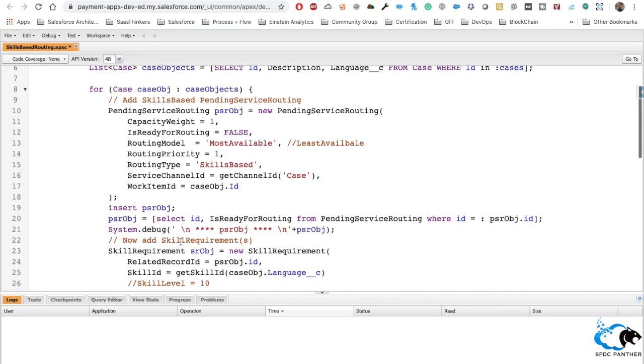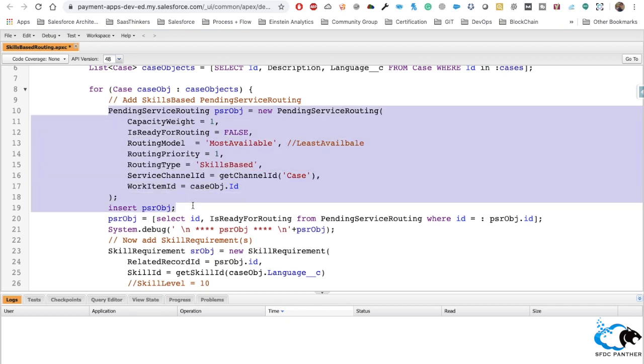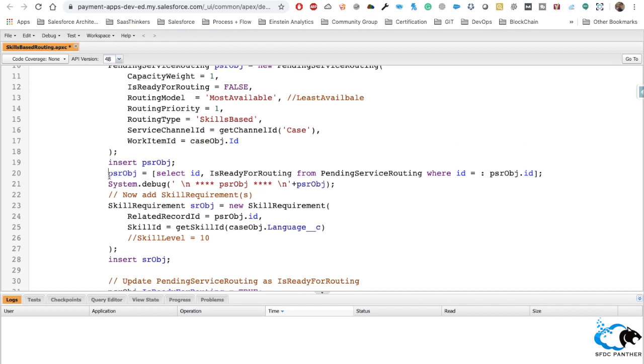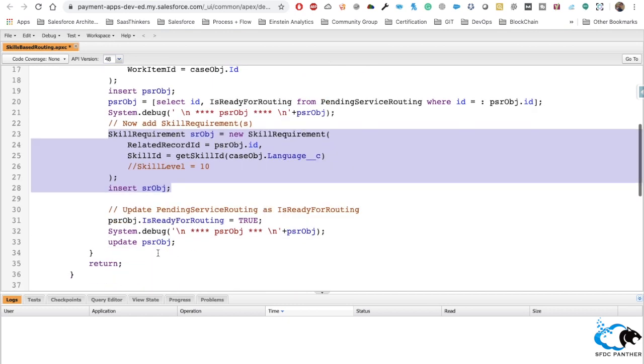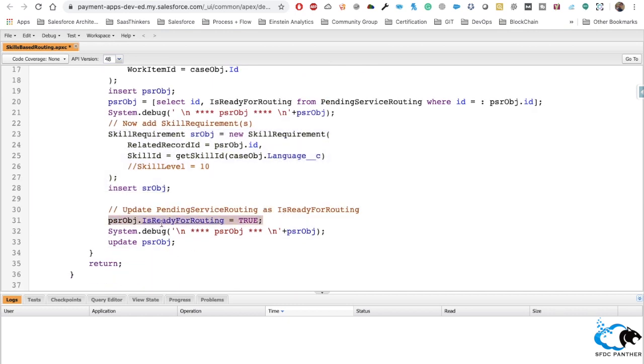Again, just a quick recap: we created a pending request item, inserted that, queried that item again, prepared our skill requirement, inserted that, and then updated our object. We said that now this object is ready for the routing.